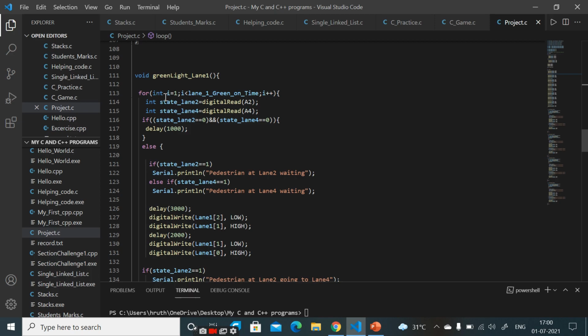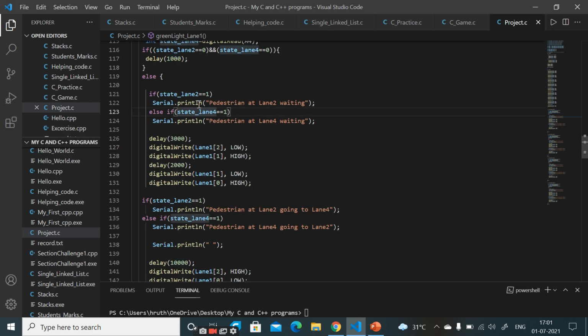And here we can also observe the pedestrian button. We have used a for loop for that, and here we can see the delay function. This delay function pauses the program for the amount of time in milliseconds specified as a parameter. So here this delays by 1 second, that is 1000 milliseconds. And also here we can see the Serial.println function.